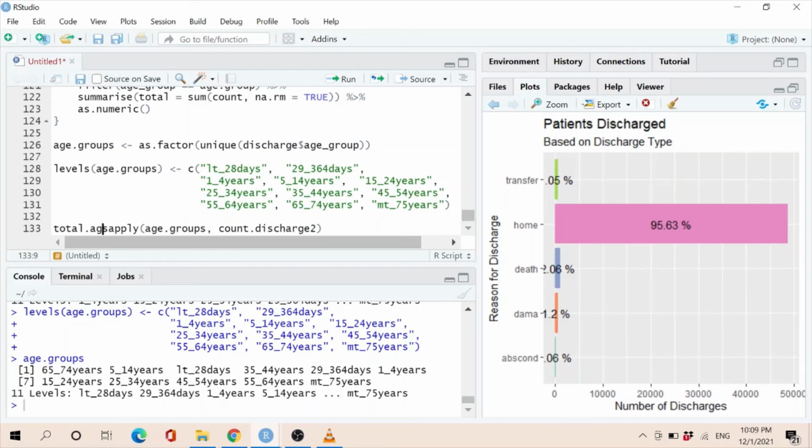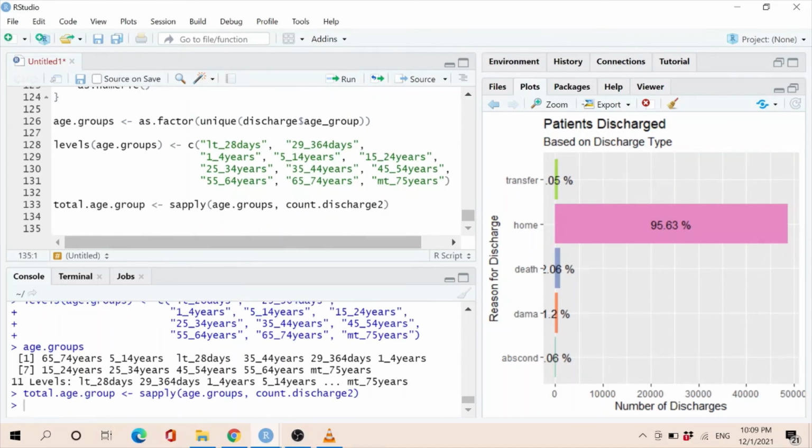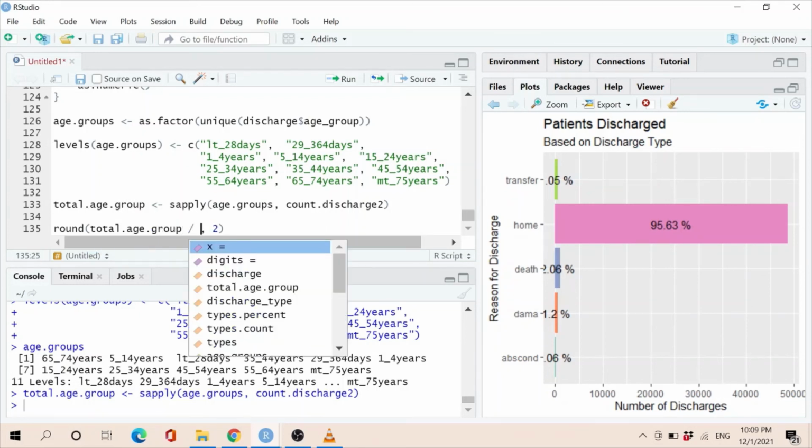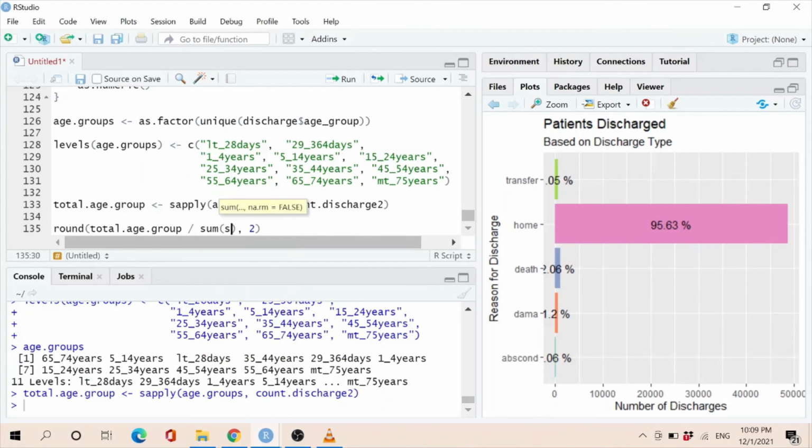into a vector, simply just called total age group. Again, we're going to find the percentage of the discharge based on each age group, and we're going to round it up into 2 digits, 2 decimal places. And the percentage are basically the values of total age group divided by the summation of the values under this vector here, and multiply it by 100. We'll save this into a variable called age.percent,